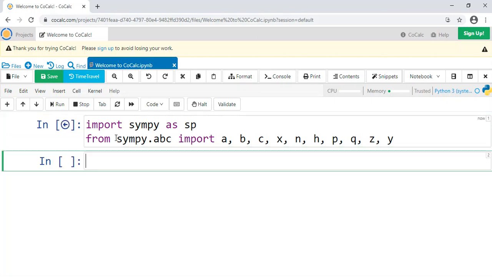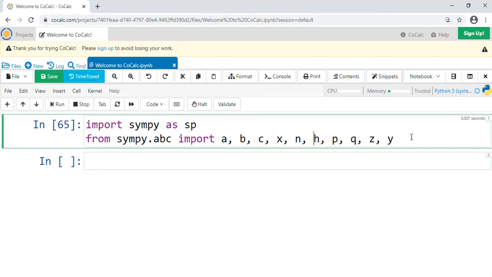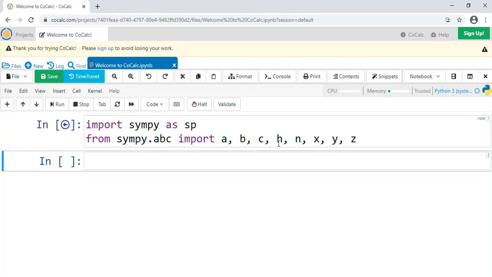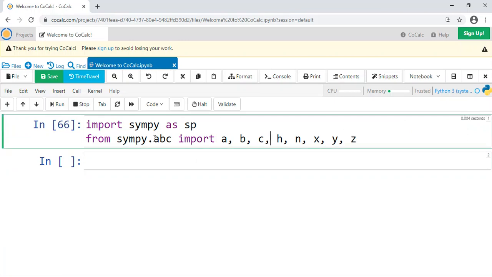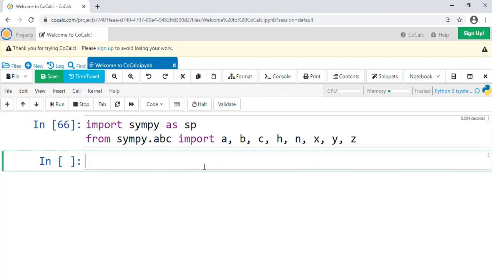Just so we have a bunch of symbols to work with. You should probably put these in alphabetical order, maybe I'm not giving a good example, so why don't I do that better. Let's do a, b, c, and let's do h and x, y, z. If I need more, I'll use them. But okay, so what was I talking about? Oh yeah, so solving equations.